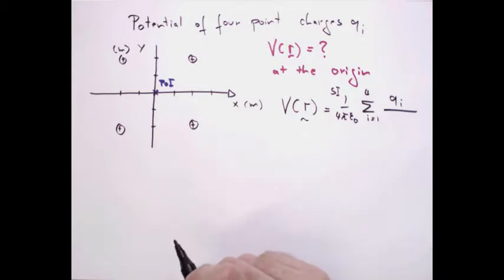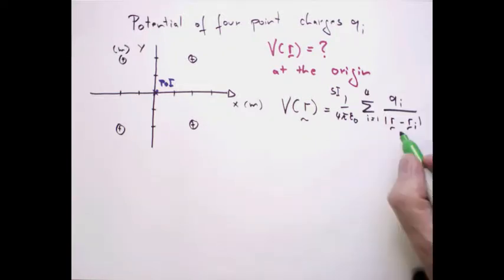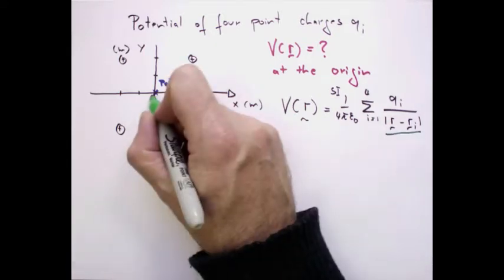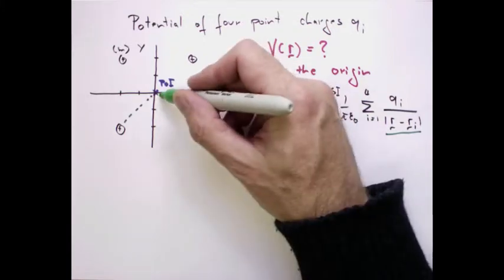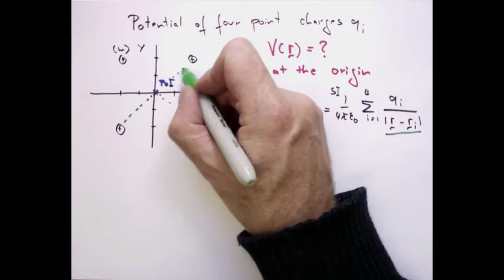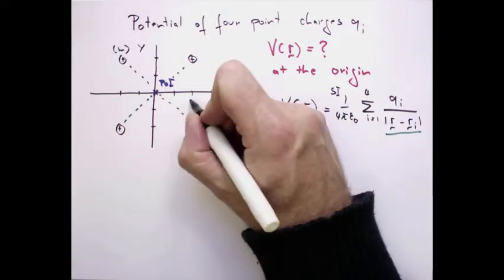This may be 1 Coulomb in this case, divided by the magnitude of R minus Ri, whereby this magnitude is the distance between the point of interest and the location of the point charge. And we notice that because of the symmetry in this particular problem, those distances are all the same, and they are easy to calculate